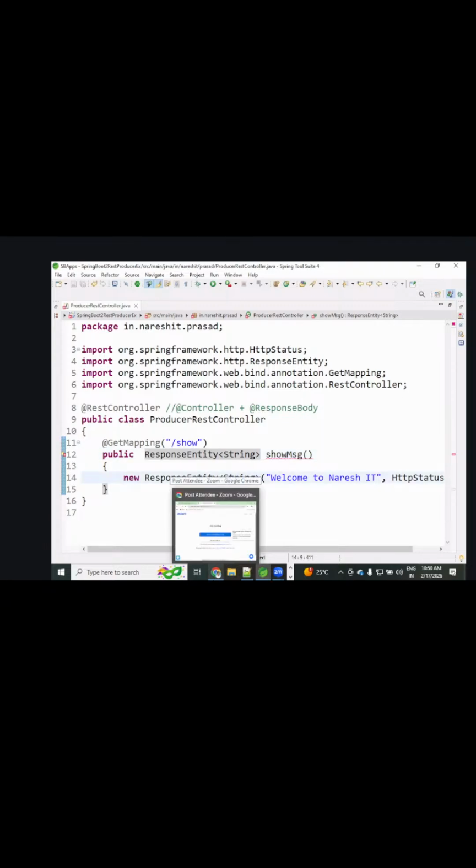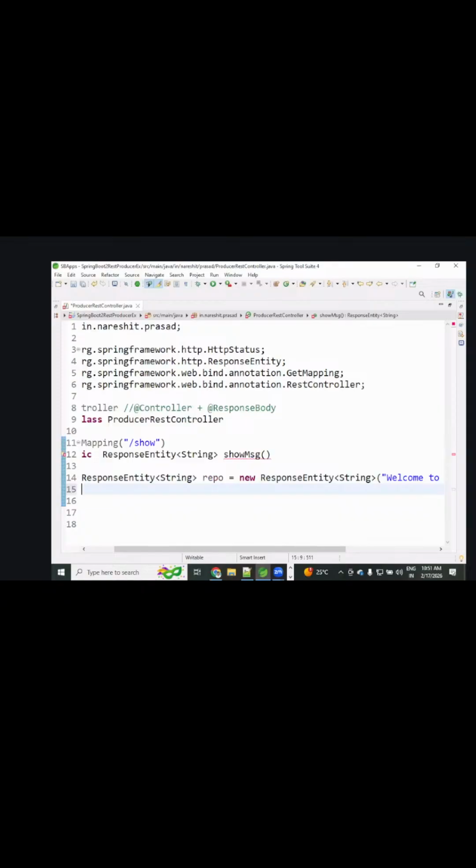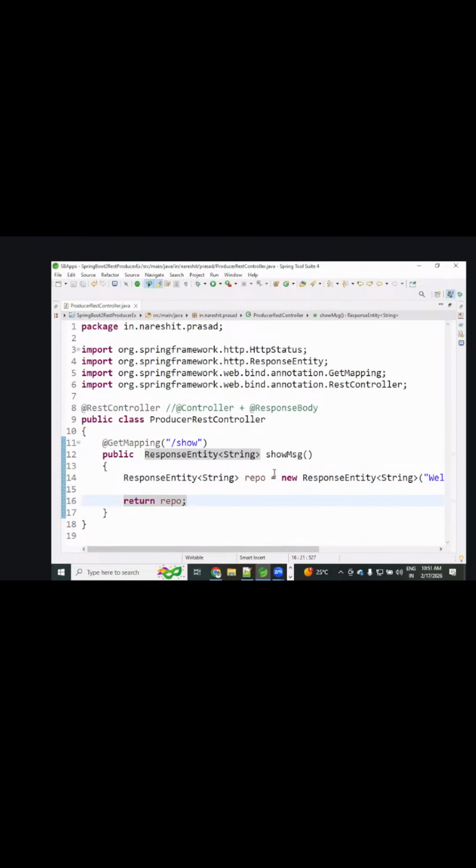Okay, got it. The ResponseEntity, that we can pass string type. Now it is expecting what? Return type, that is repo. Clear? All are okay.